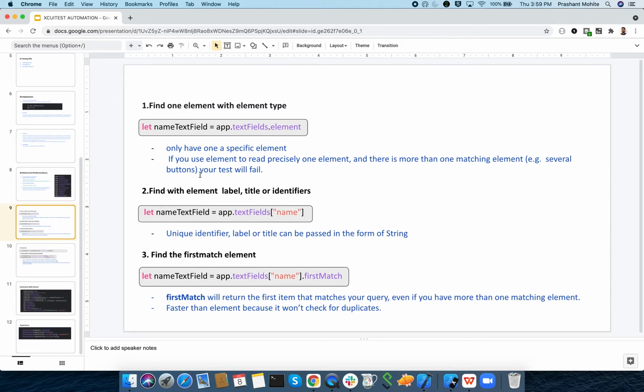If you know the IDs, identifiers or labels of that element, then you can put them and get that element. In both cases, if multiple matches are found, your test case will fail. If you want to go with the first match, so that you don't need to check for the possibility of multiple elements, then you just use first match, and it will also make your automation script faster, because it is not searching for duplicates.